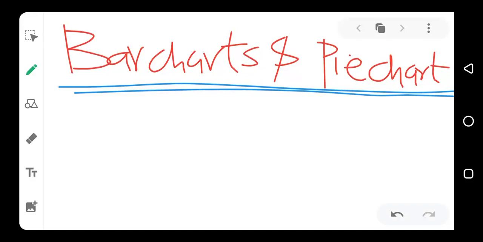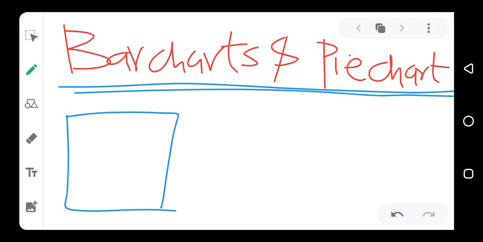For instance, if you have this frequency table, let's say that we have our values, or x, then we have the frequency. Frequency means the number of times the value is occurring. We have 1 occurring 2 times, we have 2 occurring 4 times, and we have 3 occurring 6 times. If you want to represent this with a bar chart, what we do is that